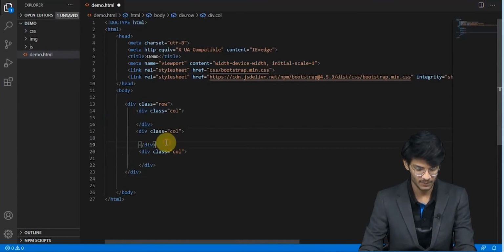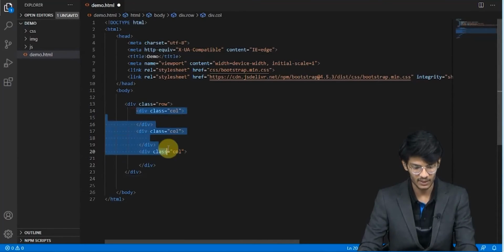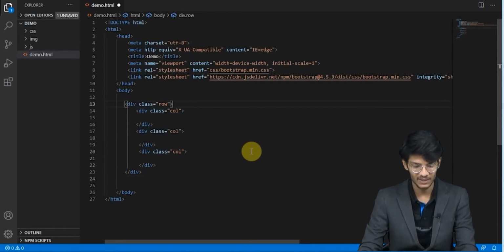That would be 1, 2nd and 3rd. So what I did is I defined a particular row in which I have defined 3 different columns. So this is the basic grid which we talk about. So let's save it and